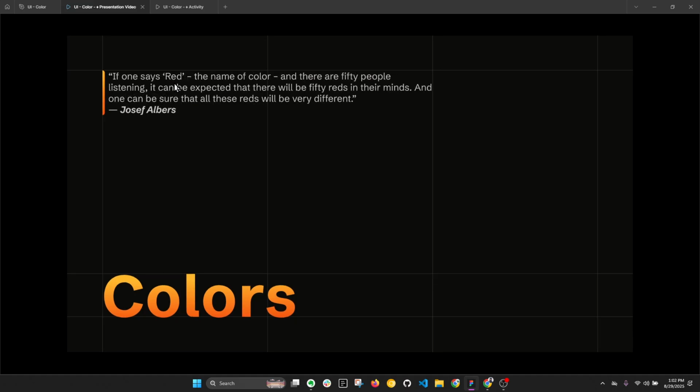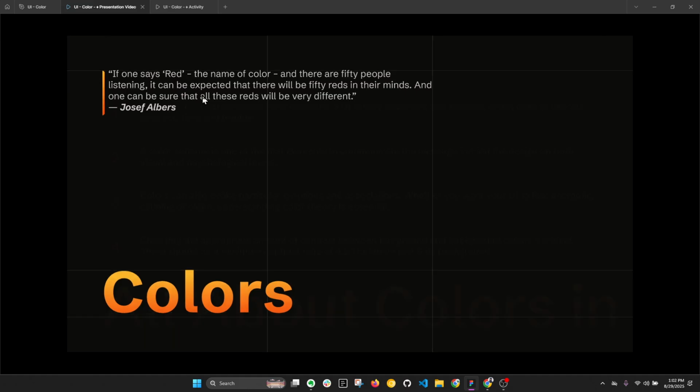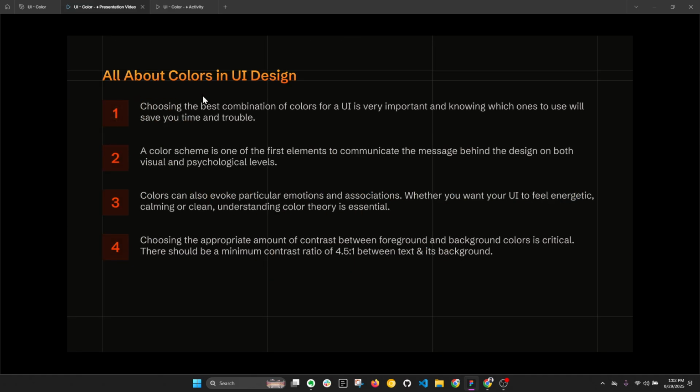Another interesting thing about the color is that it is very subjective. If I say red, no two people in the room will imagine the exact same shade of red. That's because color perception is shaped by things like culture, personal experiences, memories, and even health issues like eyesight. Since color can be talked about in different contexts, our focus here will be UI only. So let's get started with